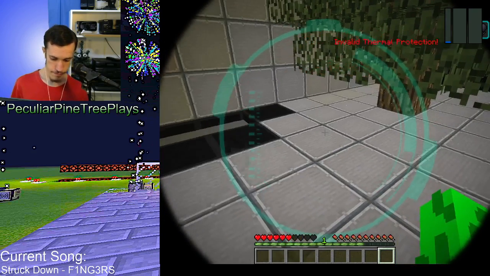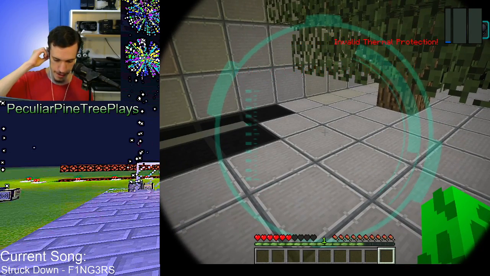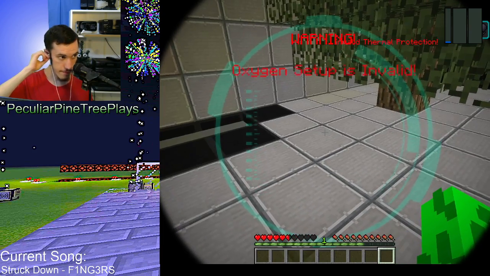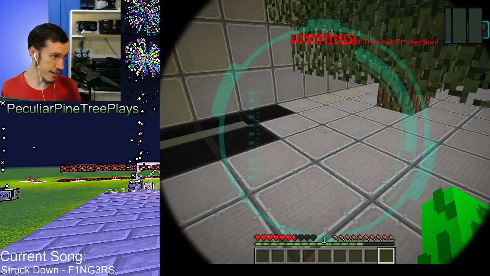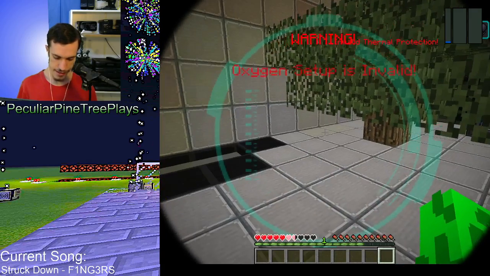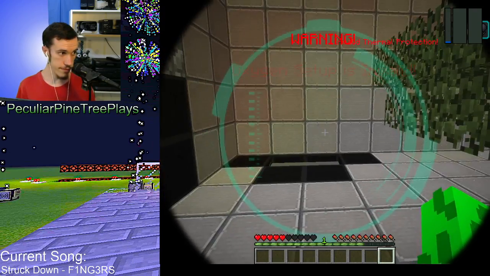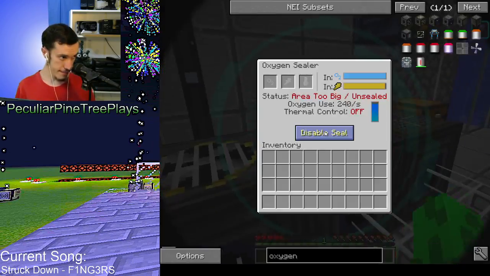Lipsano says, I would just leave the base as a vacuum and put all my effort into putting air into cans to breathe out of. The thing is, it's harder to AFK with the air in the cans. That's kind of a thing, but that might be a good idea. It says fix it later maybe, or just make the base have smaller rooms. Yeah, I think the best way to fix this, if it says area too big...